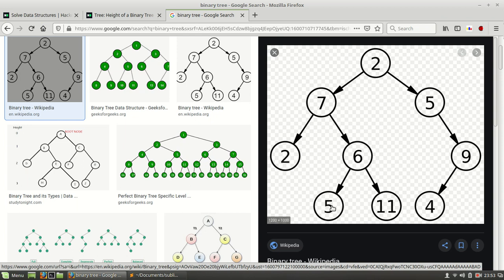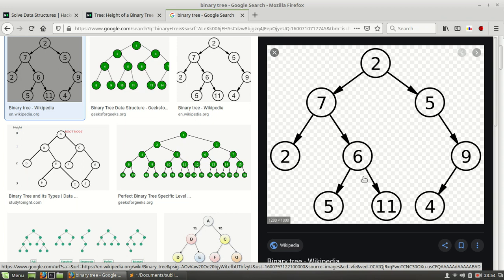Maximum of this node height 0 and this node height 0. All the leaf nodes have height 0. So 2 is a leaf node, 5 is a leaf node, 11 is a leaf node, and 4 is a leaf node. Sorry guys, before I told you that this is a binary search tree. This is not a binary search tree; this is a simple binary tree.